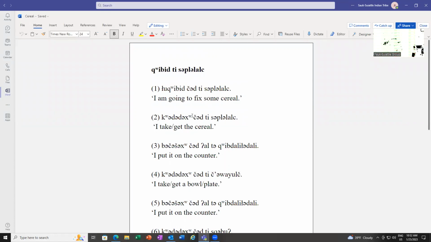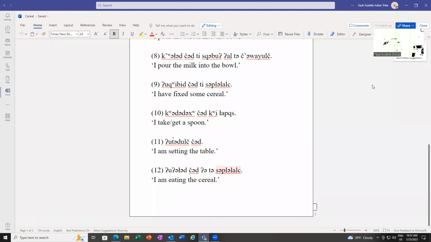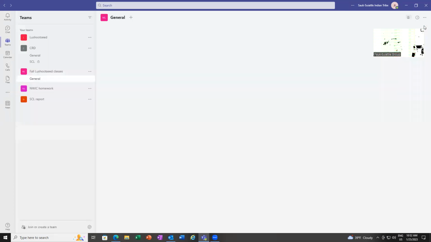So well, I'll fix it. I'm preparing cereal. And this is all the language that would be used for making said item.